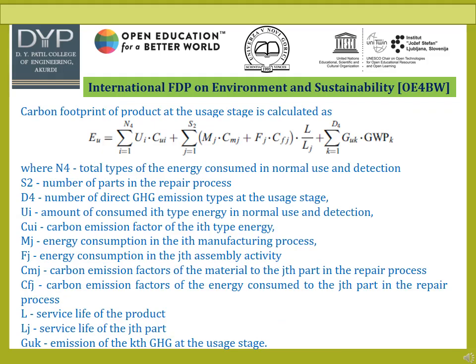Now we are going to calculate the carbon footprint of the product at the usage stage, and it will be calculated by the formula EU is equal to summation of Ui into CUi from the limit i equals 1 to N4, plus summation of Mj into CMj plus Fj into CFj into L upon Lj from the limit j equals 1 to S2, plus summation of GUk into GWPk from the limit k equals 1